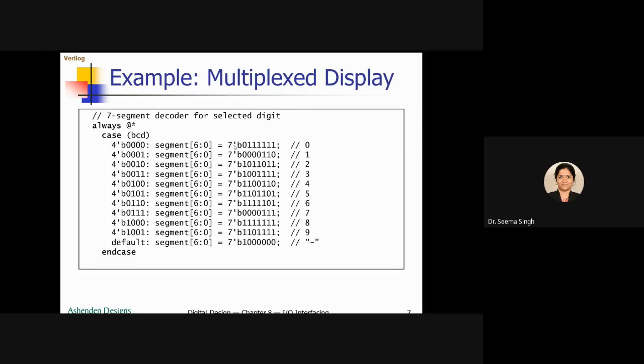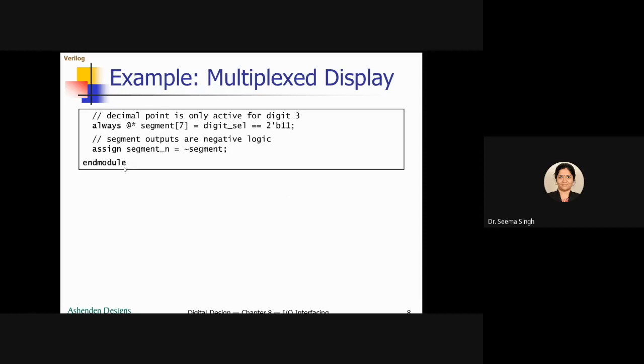For digit 3 only it is used. So what they have shown here is the general one for all other digits. So this is your program.